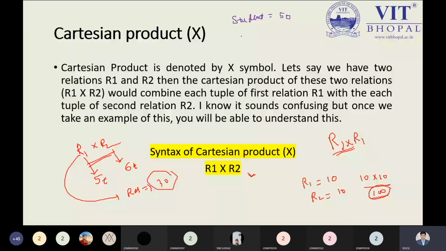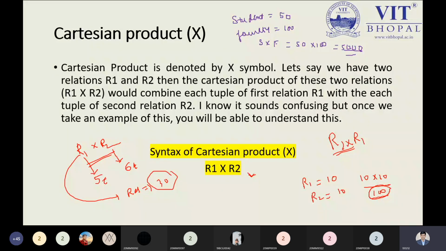If I apply the Cartesian product between student and faculty, it doesn't mean you are just using S cross F or F cross S. Ultimately what you are getting is 50 into 100, which means you will get 5,000 records. So in this Cartesian product, multiple records and duplicacy will be there, of course, but the number of records will be in an increased size. This is the Cartesian product, and it is denoted by the cross symbol.